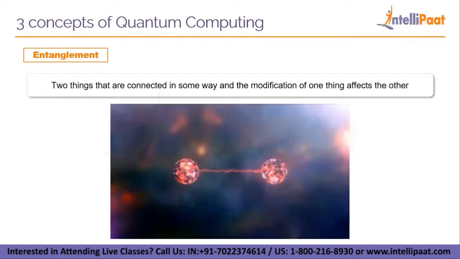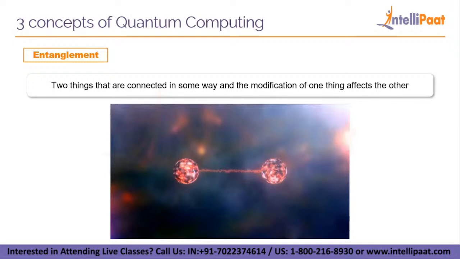Now let us see what entanglement is. The word entanglement means two things that are connected in some way, and the modification of one thing affects the other. In case of superposition, we have taken a coin as an example to understand the concept. Now, to explain entanglement along the same lines, imagine two coins to be entangled. When you toss both the coins and measure them, both would measure to be the same. That is, if one coin measured to be head, the other coin would also measure to be a head, and